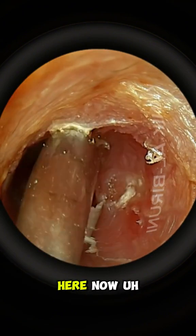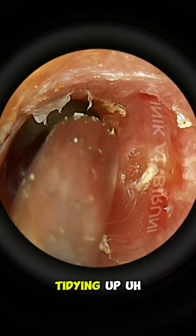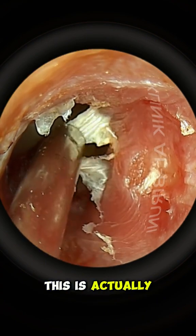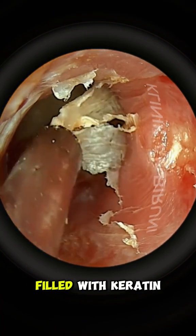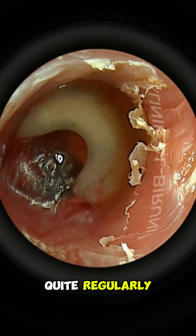So what I'm doing here now, we've got rid of the cotton bud, we've got rid of some of the softer wax. I'm just literally tidying up some of this drier skin material. So this is actually keratinous, so it's epithelial skin that's died off and filled with keratin. It hasn't managed to migrate out. Now, this patient has this issue quite regularly, so they come in